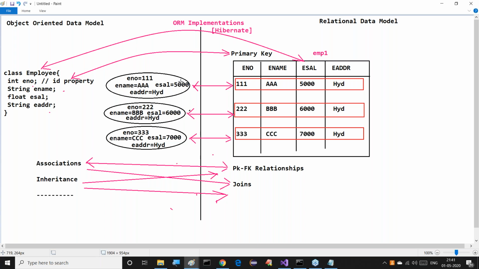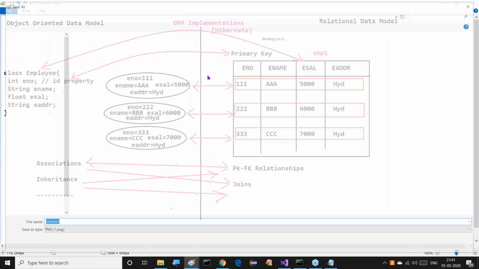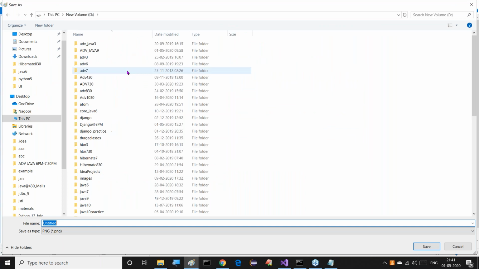Hibernate will take maybe an XML document or maybe annotations. In that XML document, Employee maps to the EMP table, the 111 object maps to the 111 record, the 222 object maps to the 222 record. Like this, the mapping. Then associations and primary key, foreign key relationships, this type of information we keep either in an XML file or through annotations. Then that mapping is available, and the developer's work is very simple. Finally, data persistency will be achieved 100%, and we will not get any problem whenever we want to do database operations. This is the reason why we go for ORM implementations. Everybody has to understand this point.